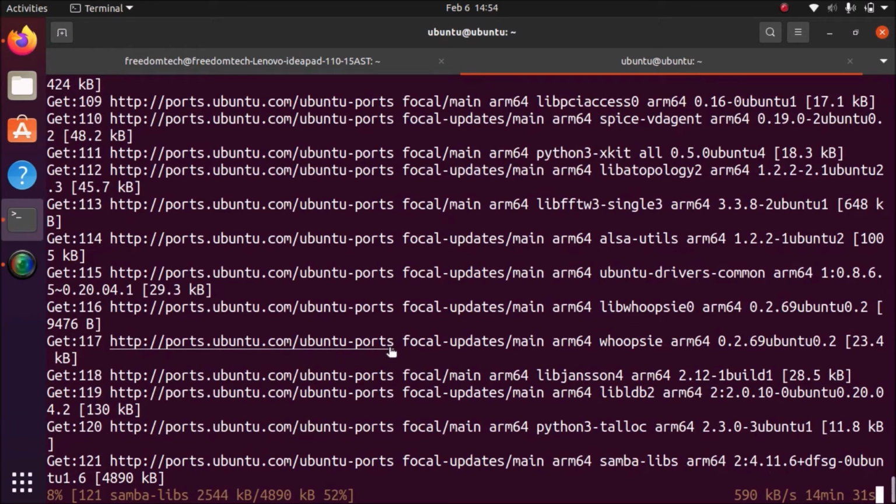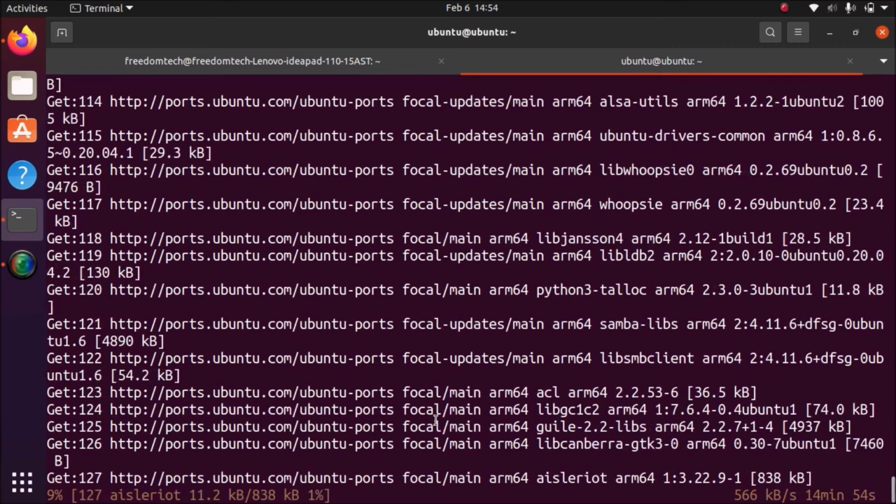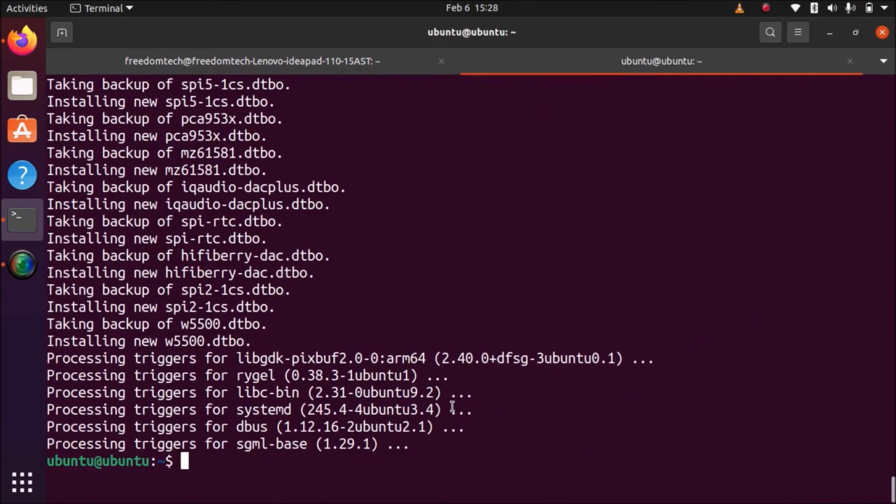Then we are ready to access our Raspberry Pi 4 with GUI mode. Also we need to install the XRDP package, but first we are installing our desktop package. So friends, we have successfully installed our Ubuntu desktop package on our Raspberry Pi 4.